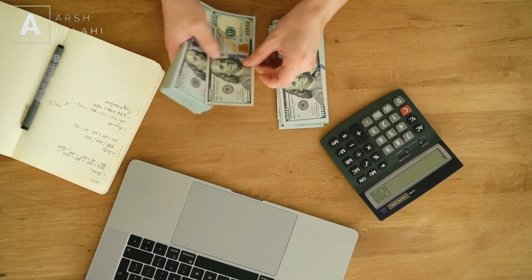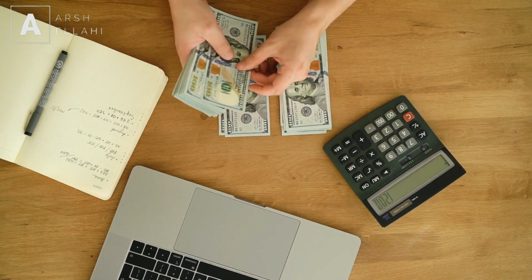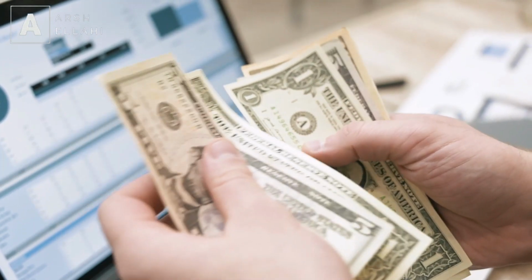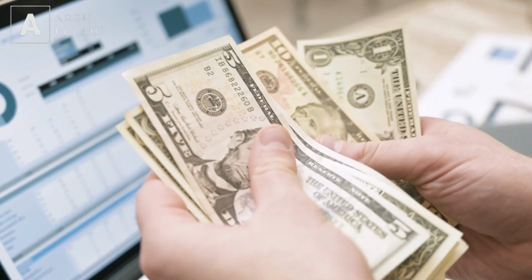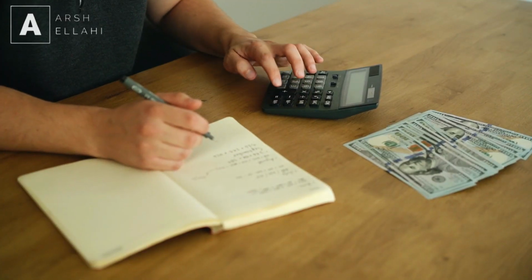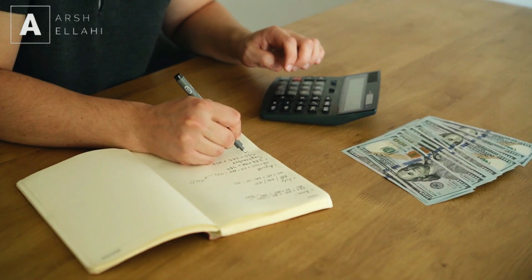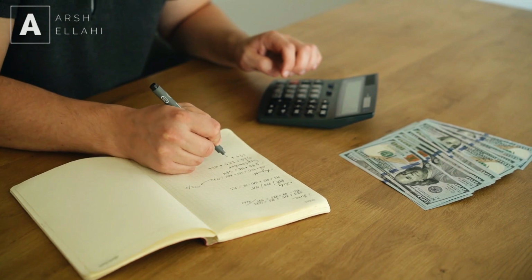You can use this, and I've done this multiple times, tens if not hundreds of times. I use this now as a bargaining tool to go back to the vendor and say to them, guys, okay, we've spent money on a valuation. The reason why we're doing a valuation is to ensure that the price that we're paying is a fair and accurate price. And if we get a valuation, we've got a documentation there which we can also share with the